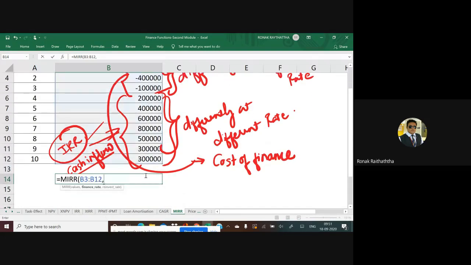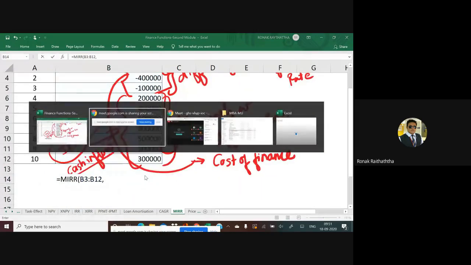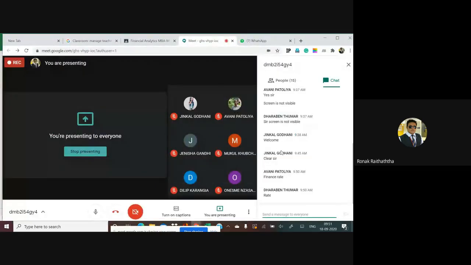Some of the students would be like, sir, there is no worksheet for the MIRR. We'll have to type this entirely. How can you be so fast? Okay, giving you some time to write it. I was not aware that you were not having it. Please do it. Giving 30 seconds to write to everyone. Yes, Dara, it is perfectly correct. It is the finance rate.